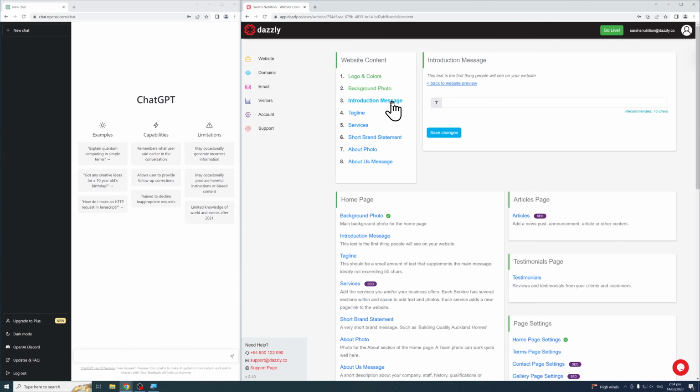Now we're going to need an introduction message. It recommends we do 75 characters. So this is a chance for us to use ChatGPT, as often writing text for a business website can be difficult. So if we go down here to ChatGPT, we'll give it some basic information. So we'll say,